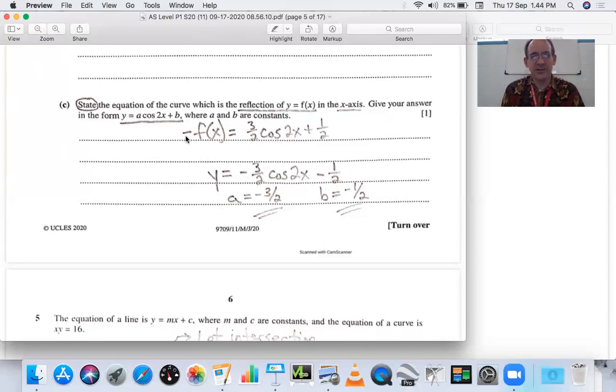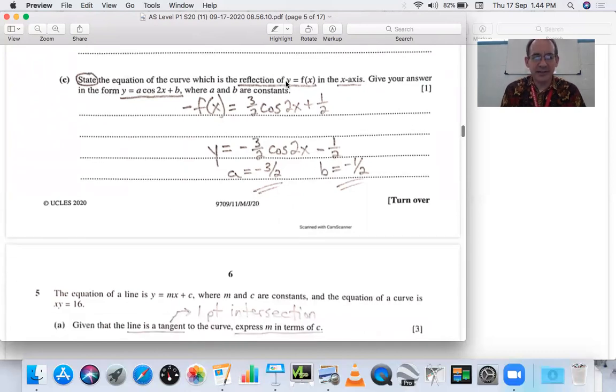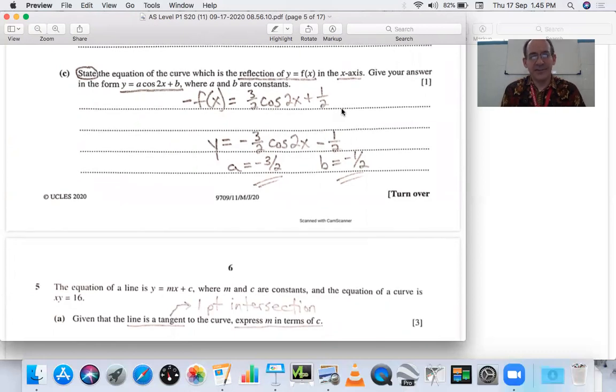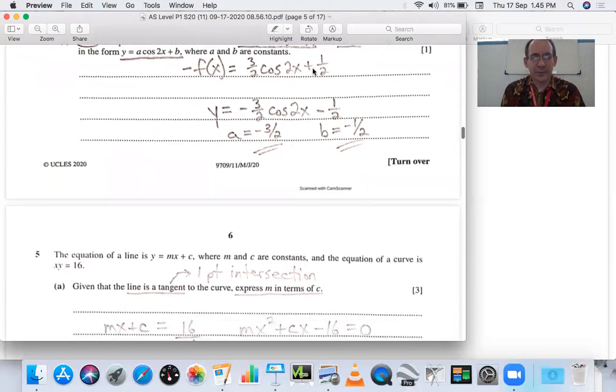And all we have to do is divide that negative to the other side, change our f of x into the y here. That negative distributes through, giving you a -3/2 for the a and a -1/2 for the b in the form that they have provided. So that's the reflected